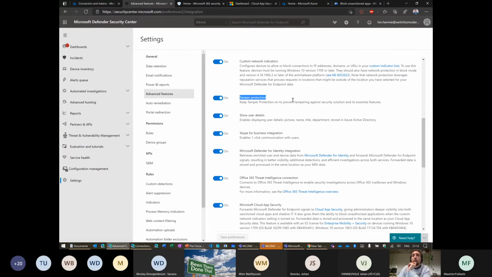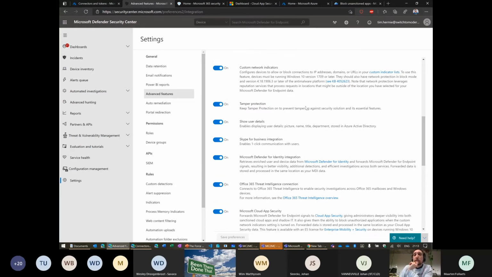Tamper protection is an important one. Tamper protection prevents tampering against our security solutions, so that nobody can change our security settings through scripts or whatever. This is a feature that's been live for a few weeks, I think, or a month tops. Before, we could flip the switch here to put tamper protection on organization-wide, which I recommend you to do. We could also deploy it with a configuration profile, but we can do it easier now, and we can just flip the switch here.